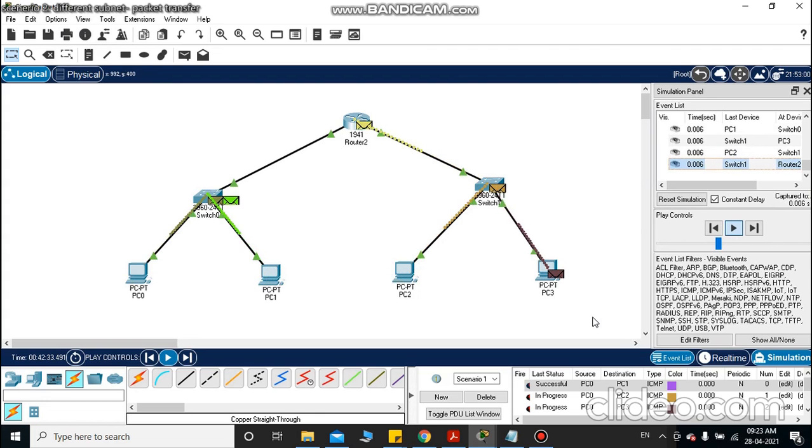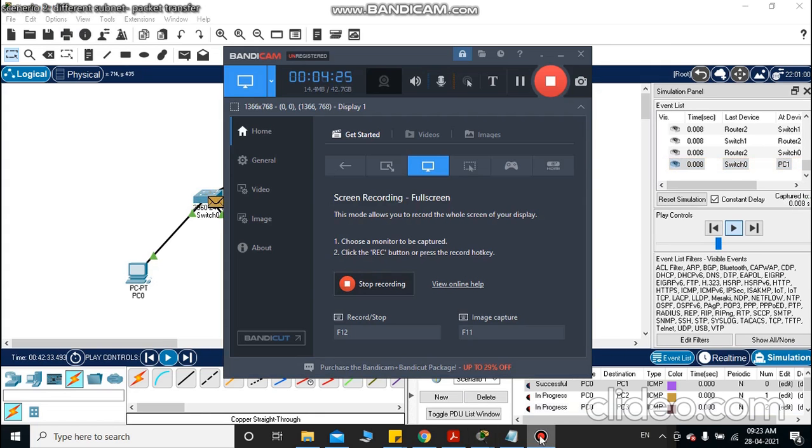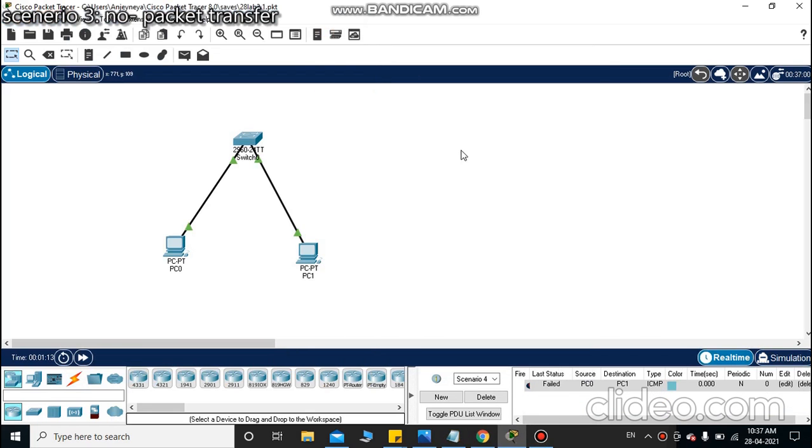And also, we should always consider this scenario: a router is connected to different subnets while a switch is used to connect the same subnets. This is the basic scenario we have to use. We could understand that whenever we are transferring packets between two devices or between two different networks, whether you are making use of a switch or a router, the subnetting concept should be matched.